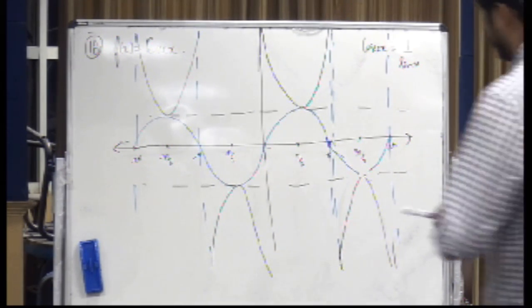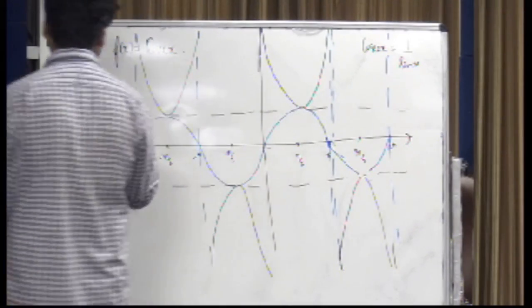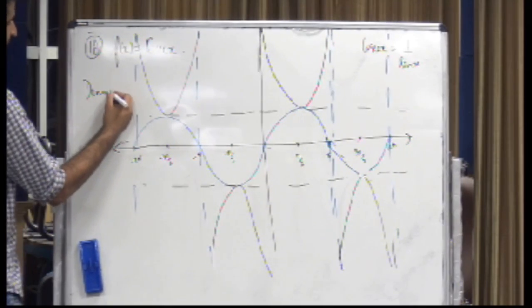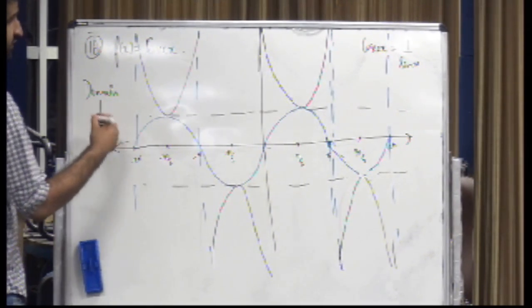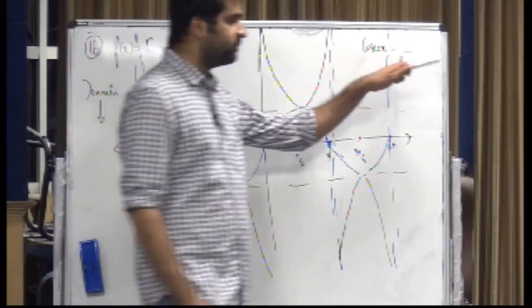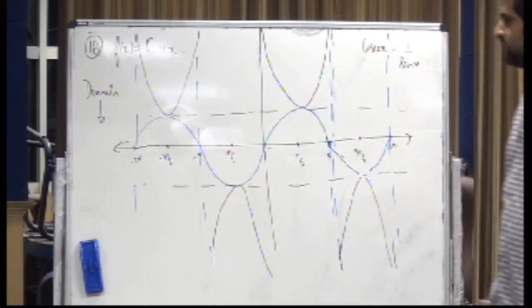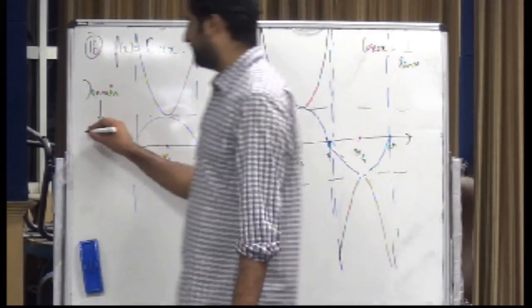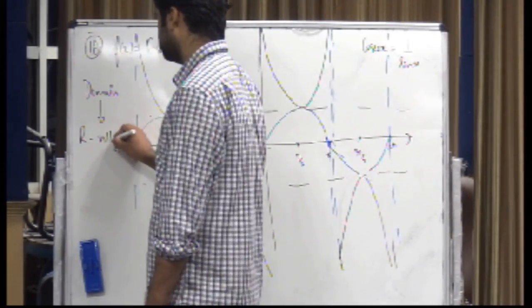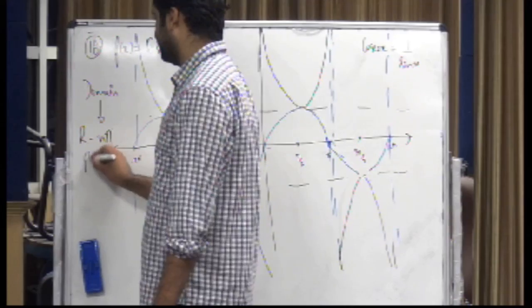First write down the domain and range. What is the domain? The domain are the permissible values, the values which you can put. We cannot put the values where sin x is becoming 0. Sin x is becoming 0 at n pi. So the domain is R minus n pi, and the range is,